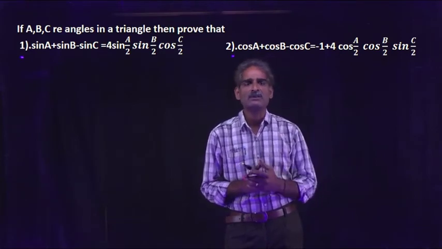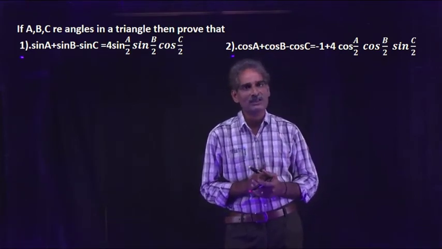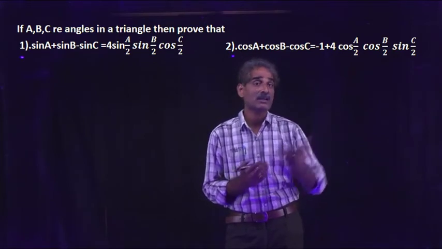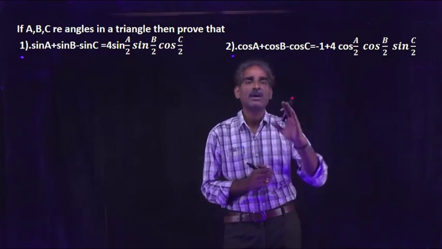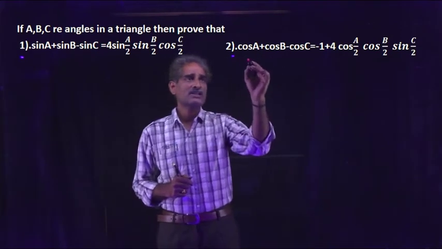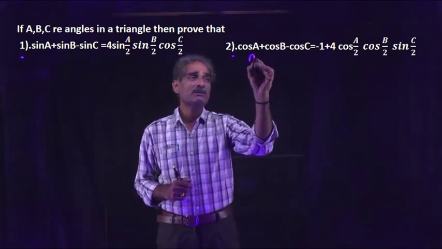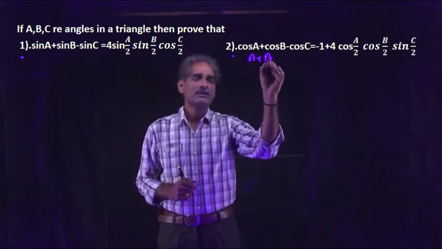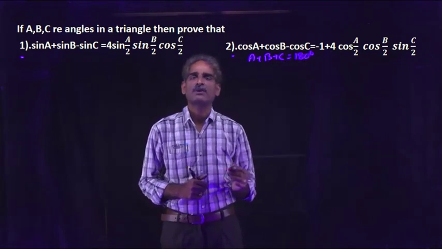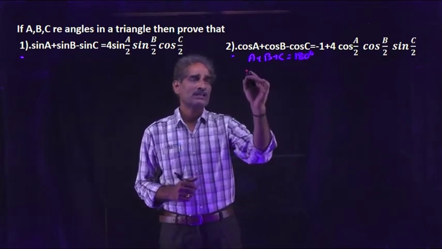He may ask cos A plus cos B plus cos C, or cos A minus cos B plus cos C, like that. The symbols are not important. So the way of approach is important. Okay. So now take here the condition is sum of the angles 180. That means A plus B plus C is equal to 180 degrees. Okay. So now take LHS.